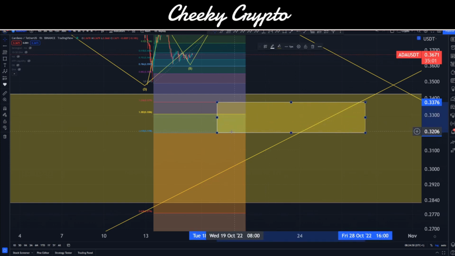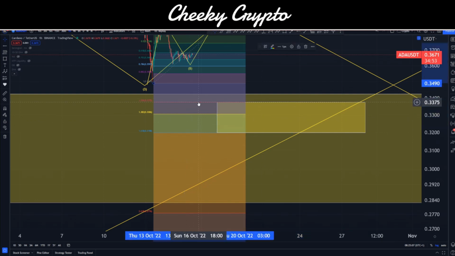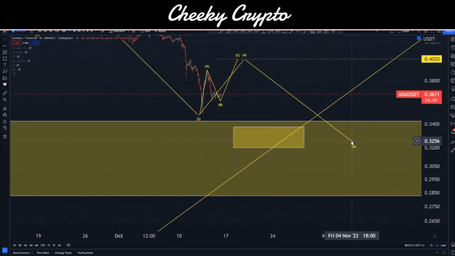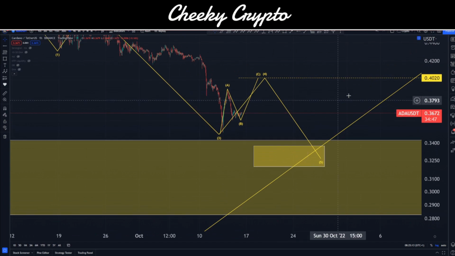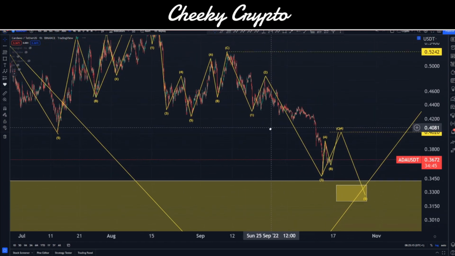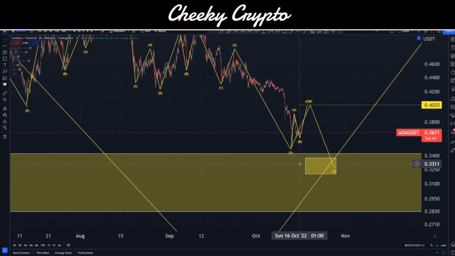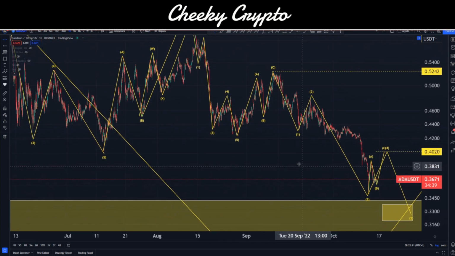So it would be somewhere in this little range between 31.98 and 33.75. I'll go ahead and remove that, and that gives us a little zone just down here for this 5th wave. But as I said, I don't think we're quite where we want to be for our actual internal structure. This would just be a zigzag pattern if this one plays out and reverses from here.